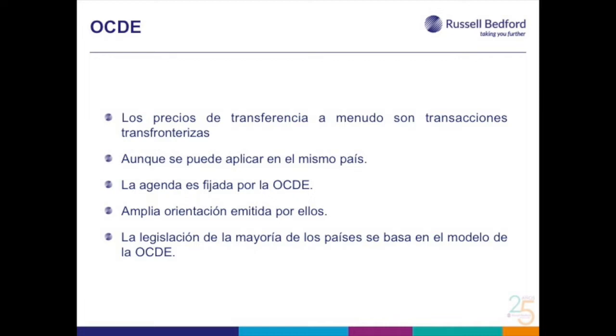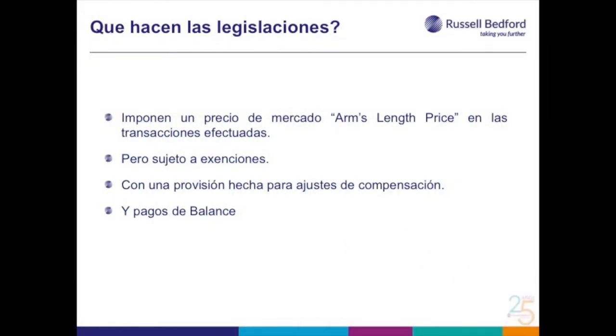And we will be talking later on about the BEPS project, the Base Erosion and Profit Shifting project. One of the areas that has looked at has been transfer pricing. The UK legislation is very closely based on the OECD model, as indeed is much of the legislation in other jurisdictions as well. So in the UK, what the legislation does is it effectively imposes an arm's length price where